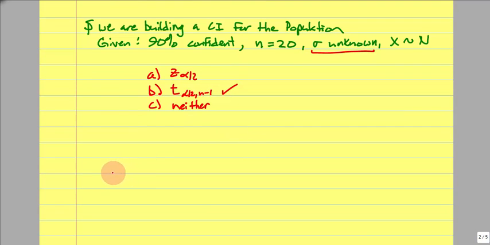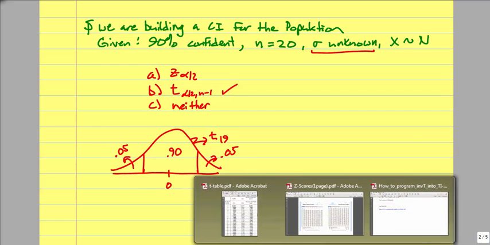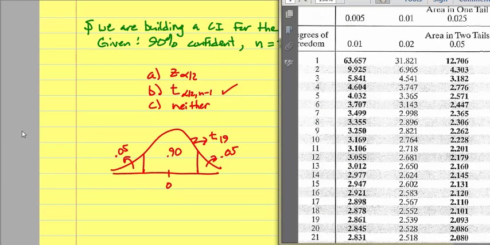And let's go ahead and try and figure out what this will look like and find that t value. Now remember, this is t with n minus 1 degrees of freedom, so that would be 19 degrees of freedom. Distributed t with 90% of the area centered about the middle. Now what I have here is 0.05 and 0.05 in either tail. Now there's a couple different ways I can do this. Let's first of all go ahead and look at the t-tables. Now the t-tables with 19 degrees of freedom,